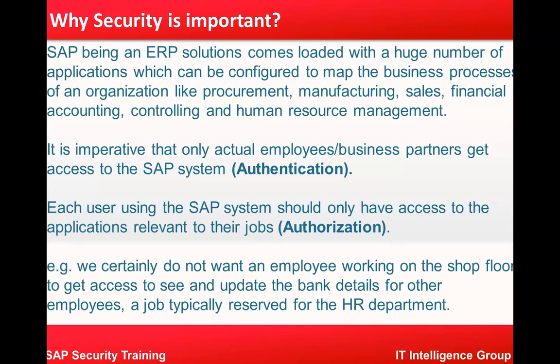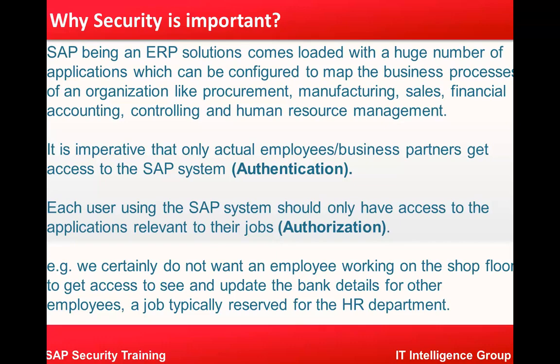It is imperative that only actual employees and business partners get access to the SAP system. We call this authentication, that is giving access only to the actual people who need the access. Each user using the SAP system should have access to the applications relevant to their jobs,